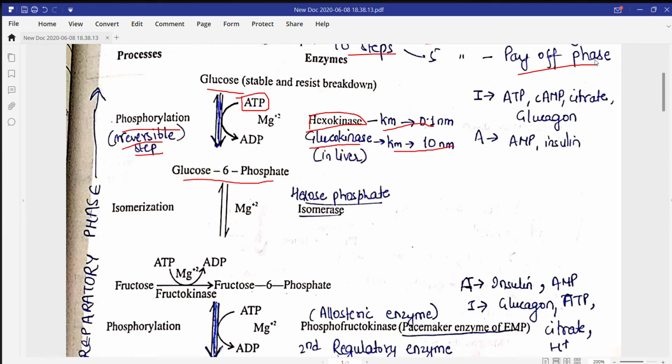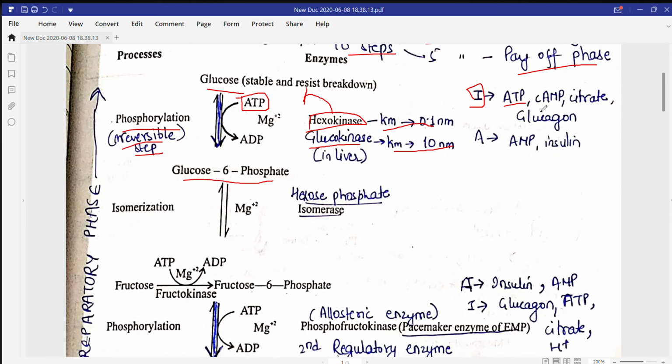Now here we are going to see the inhibitors that can inhibit this step and the activators that can activate it. Inhibitors include ATP. If more ATP is utilized, that means more glucose 6-phosphate will be produced, and we do not require it in such amounts. So hexokinase inhibits this reaction. That's why we call it an allosteric enzyme. So they work as a feedback enzyme also: if the concentration of product increases, they inhibit the substrate.